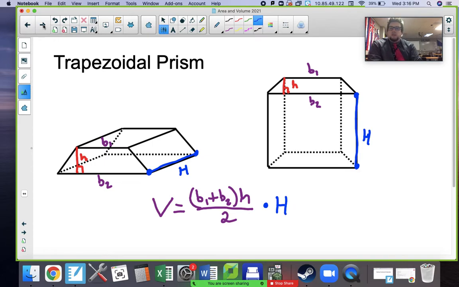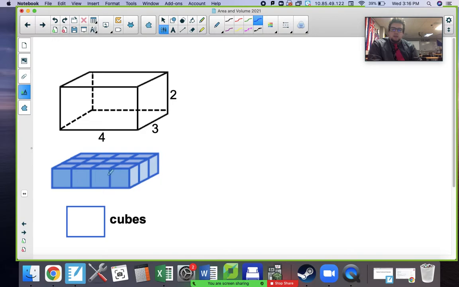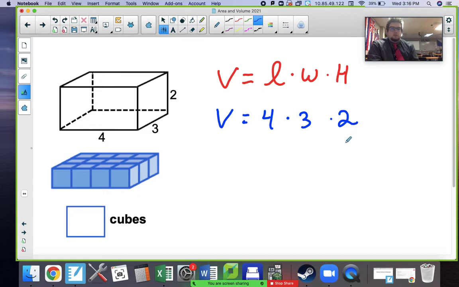So let's practice on a few of our problems. I have a couple visual aids to help us out here. Rectangular prism. We're going to take length times width times height. So we're going to take 4 times 3 times 2. And the volume gives us 12 times 2, 24 units. And then because we're dealing with volume in three-dimensional space, this is units cubed. Units cubed